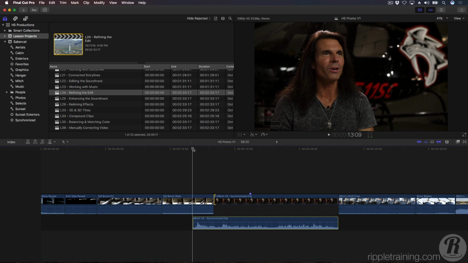In a previous lesson, I discussed the value of connecting clips to the primary storyline. One benefit is that you can easily move a connected clip earlier or later in time without affecting the underlying or overlying clip it's connected to. As your project grows more complex, it's easy to imagine your timeline becoming cluttered with a lot of clip connections. This is why in some cases you may wish to flatten your connected clips to the primary storyline